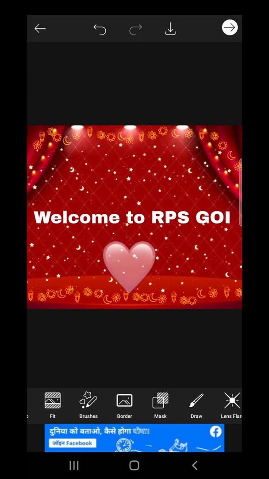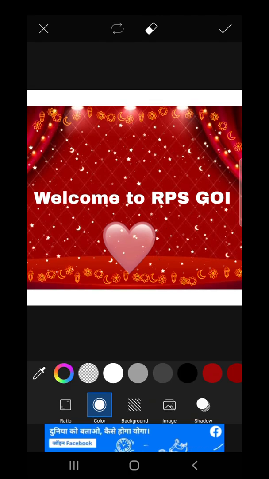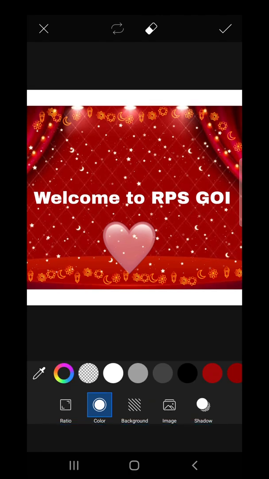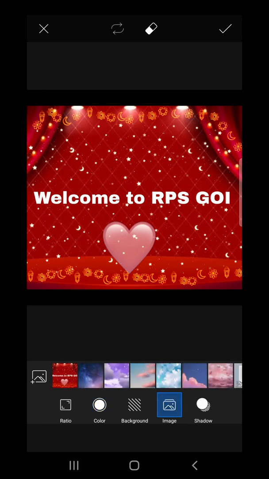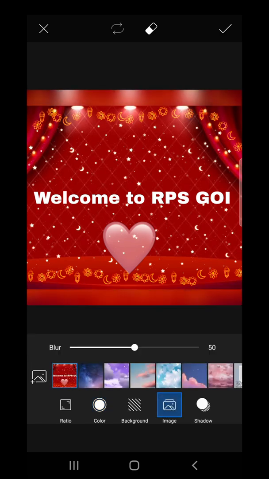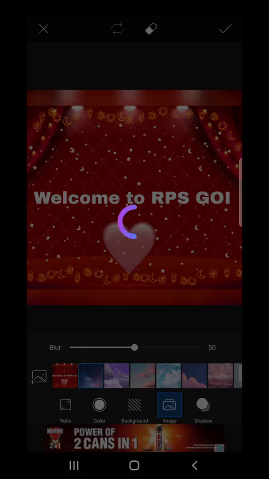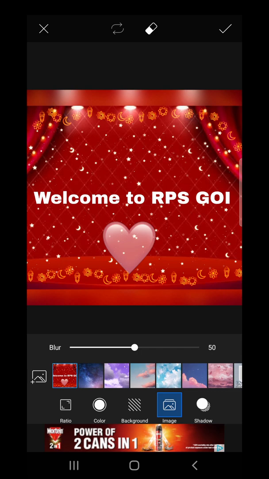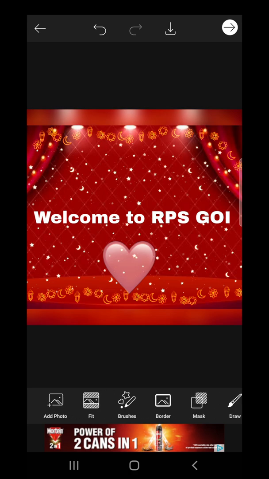And something more, like if you want to fit it to a square, for example, if you want to use it as your DP, you have to make it a square. So just click on this option and you can give it a base like black color or whatever you want. In fact, you can even give it an image blur, so the same kind of image can come at the back. Any of them you can use. Okay, so click here. Now I don't want to do anything on my pic. Almost we have used maximum options.